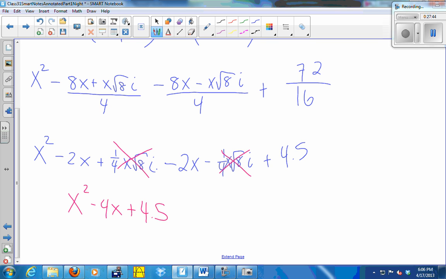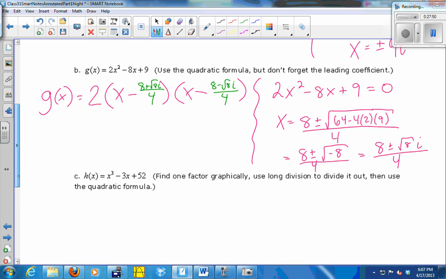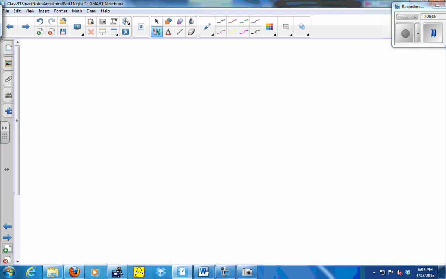So why was it that at the beginning you were saying to take the 2 out and then just set the x squared minus 4x plus 4.5 to 0? You could. It would be the same. So think of it like, why would they be the same? So if I have